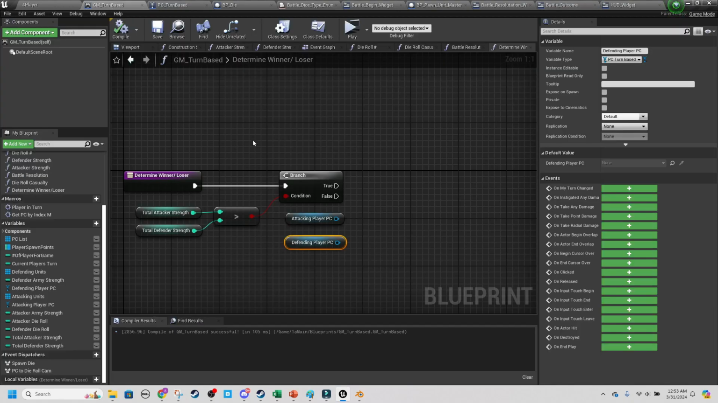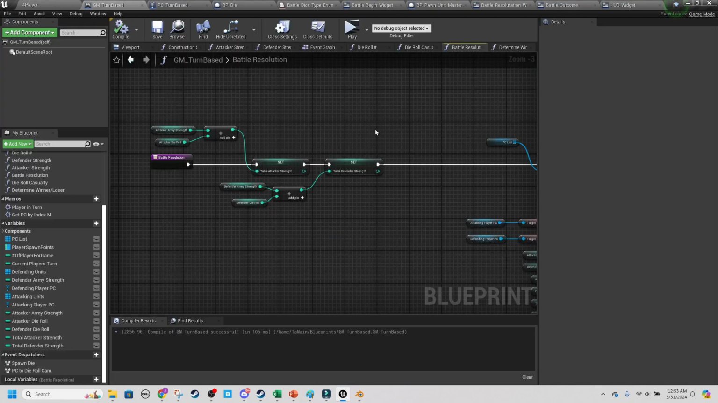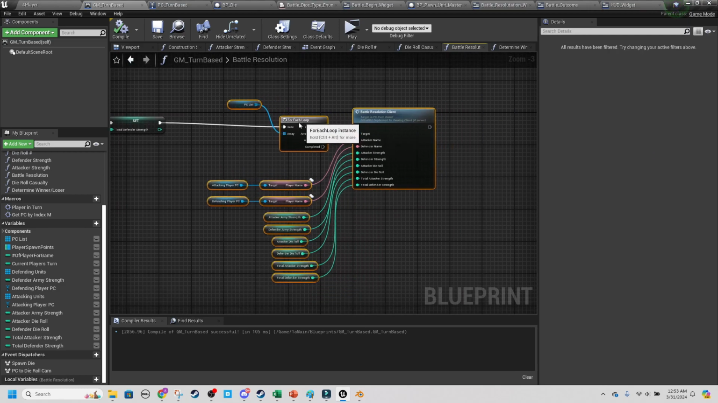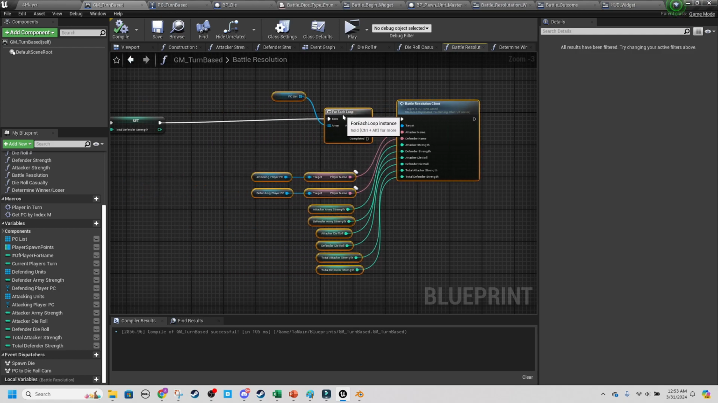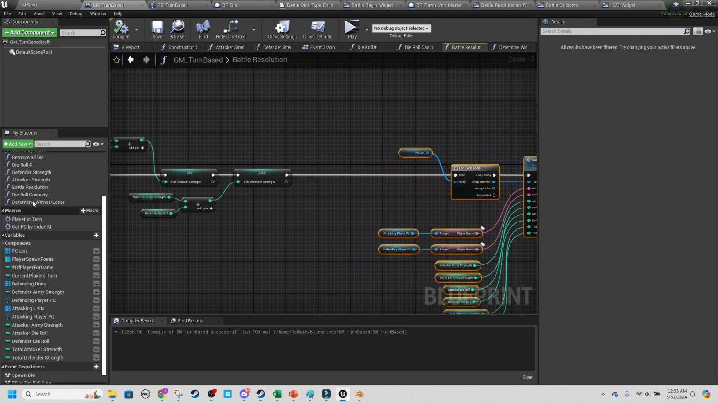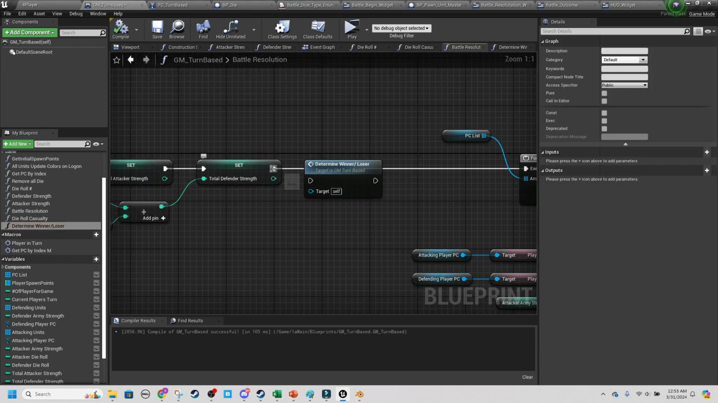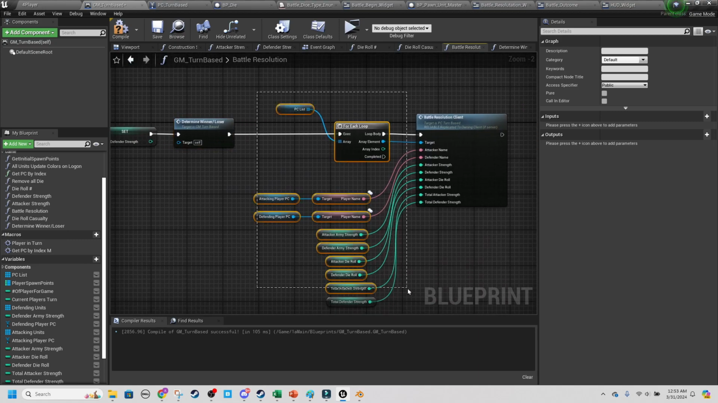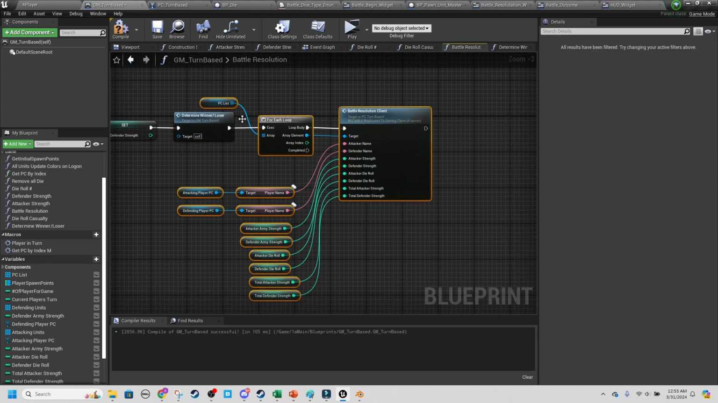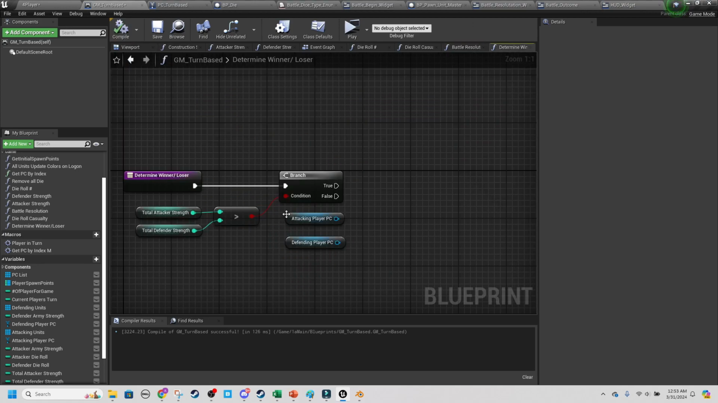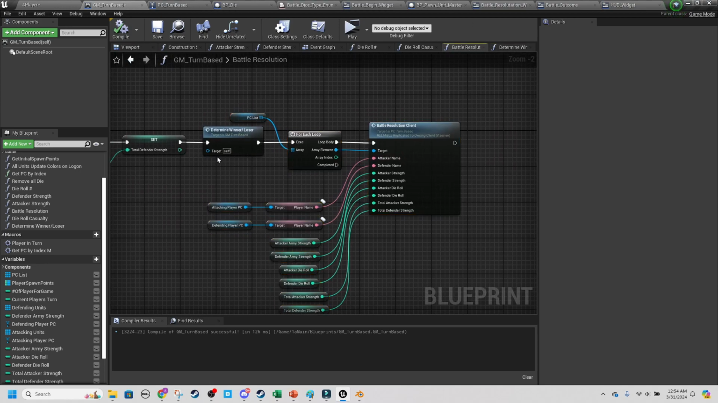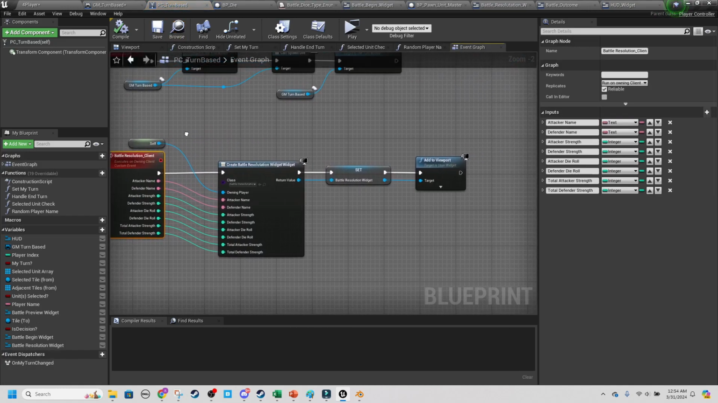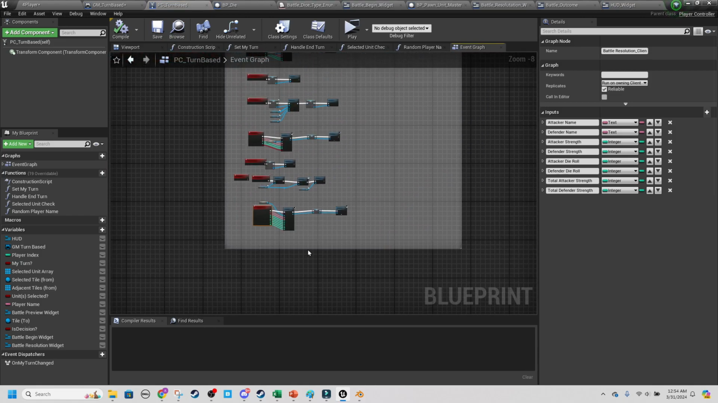Okay. So first, let's actually start doing the dice roll. So we'll do this in our battle game mode, battle resolution. First, I have to do this determine winner or loser. So this logic will run as this widget populates. I think what we'll do here